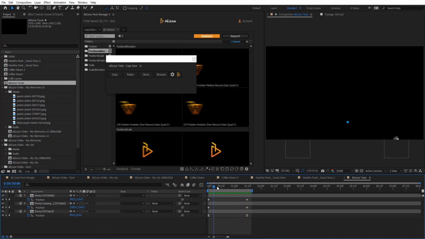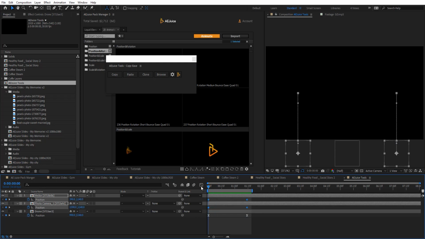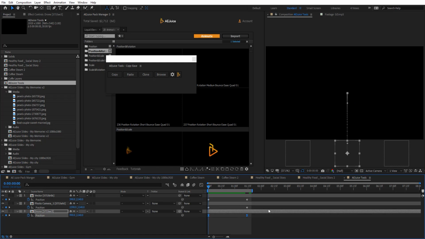As you see here, I got these keyframes, easy ease, and these all linear keyframes. Let's say we want to copy this easing to these others here. It's going to copy the position with it as well, and that's not what we want. So this tool basically is going to copy the data and paste it to the other keyframes. So let's just hit copy.